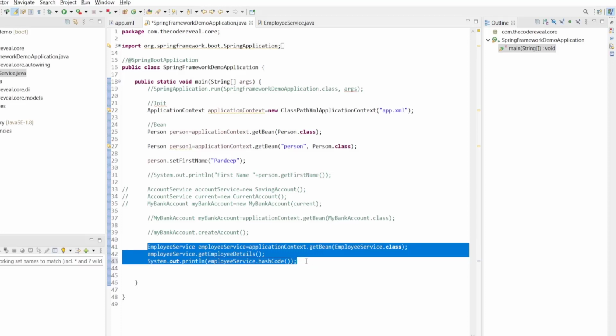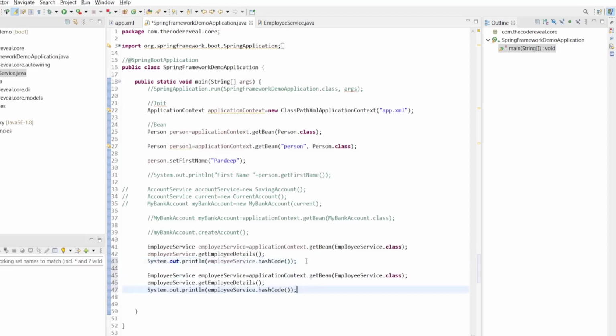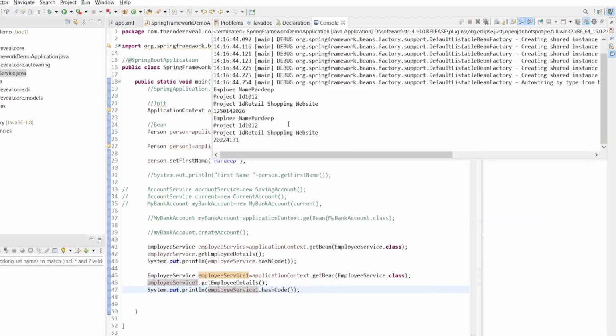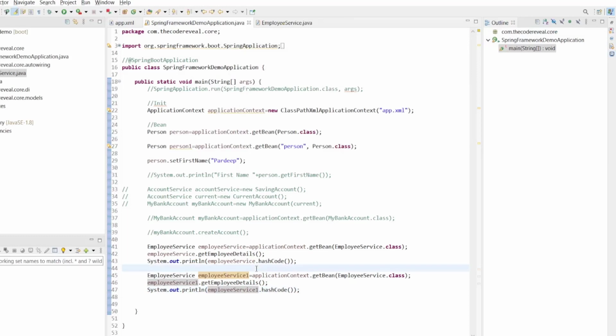Let's create one more object for employee service one. We are retrieving the bean of employee service from the application context, and let's print the hash code for this, and we'll run as a Java application. So if we see here, both have different hash codes for the employee service and employee service one.